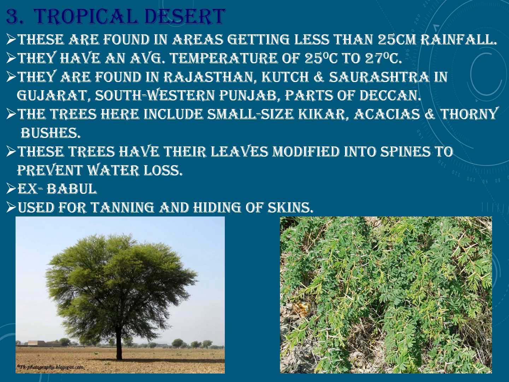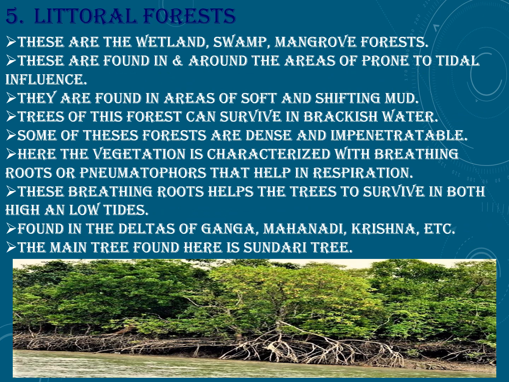Coming to the next type of vegetation in India, that is the littoral forest, or we call it the Sundarban deltas, or we call it the mangrove forest. It has different names: delta forest, or the tidal forest, or the littoral forest, or the mangrove forest. So the climatic conditions are of little importance for this type of forest, as they thrive in the marshy lands all along the coastal areas at the mouth of the river, where the fresh water meets the saline seawater.